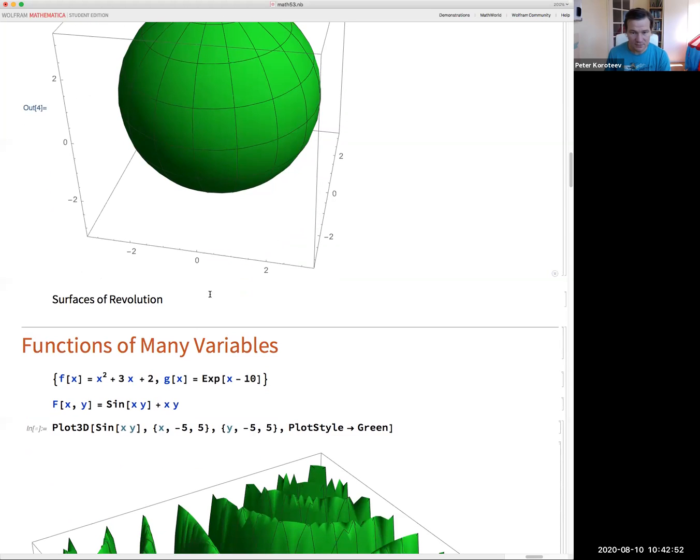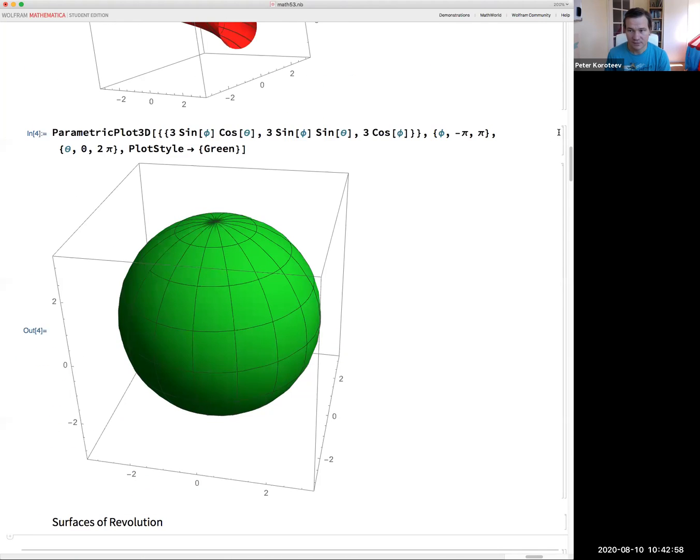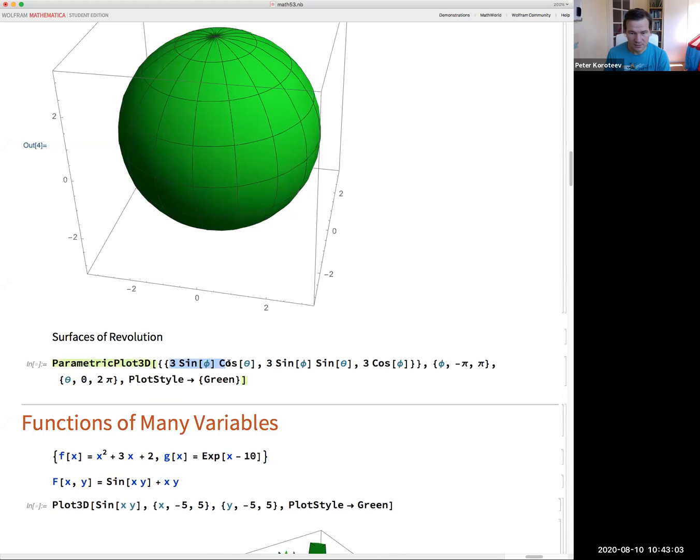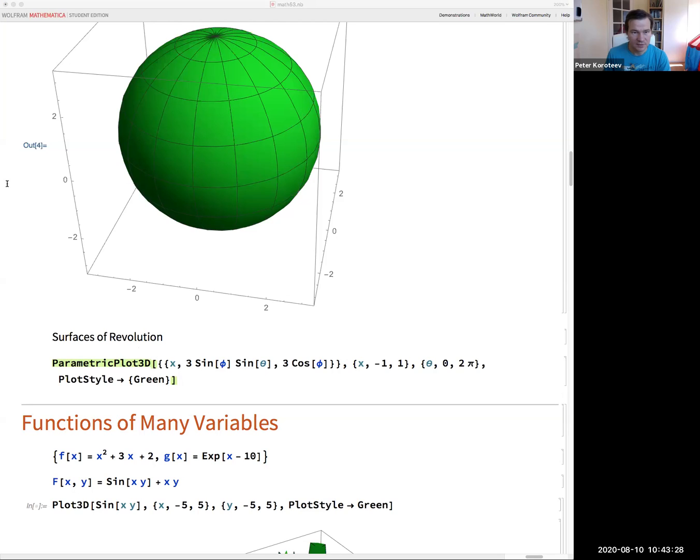But in general, what you would have is that you would do the parametric plot, right? Let's switch the description in terms of just x and theta. Let's say x varies between some values, and theta between 0 and 2 pi, and then the x component is just equal to x, right? So we would simply go along the axis of rotation, right? And then say we take the y component is equal to,